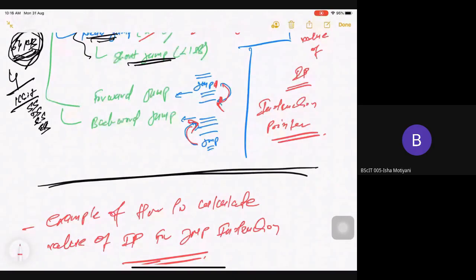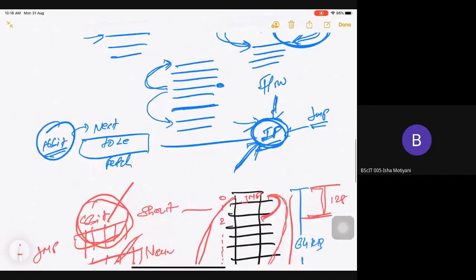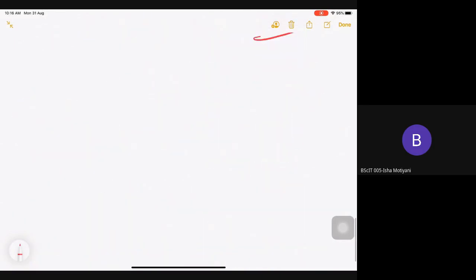Now, why are we discussing all these things? If I am having a jump instruction, suppose this is my instruction, next instruction, here I am having one symbol called XYZ. I am having some instruction, MOV AX, BX. Then I am having some more instructions.